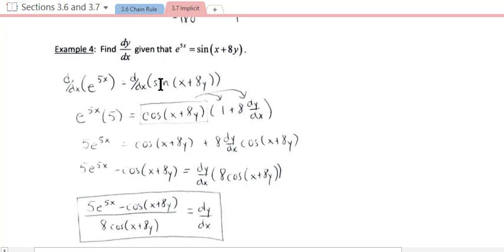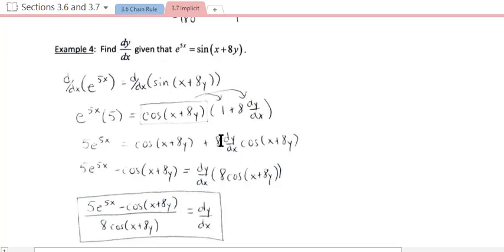The derivative of the outside function sine would be cosine. I leave the inside alone, and then I multiply by the derivative of the inside. Well, the derivative of the inside is going to need that implicit differentiation. The derivative of the x is 1, but the derivative of 8y is 8 times dy/dx for that chain rule implicit differentiation. Similar to the problem we saw above, I need to distribute that whole chunk, cosine, to this parentheses with two things in it so that the dy/dx term is free floating and can be isolated. So I need to distribute the cosine to the 1 and to the 8 dy/dx,